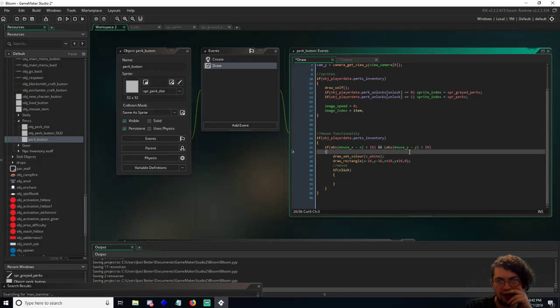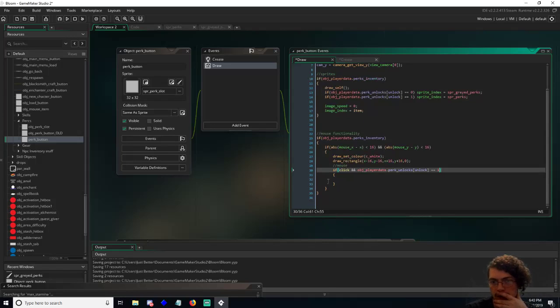So I got this going. Then what I need to do is add in a check here as well, which is just that this is actually clickable, which would be this check. And the nice thing is I don't need to put in a case for if it's not unlocked, because it just won't work. In theory,